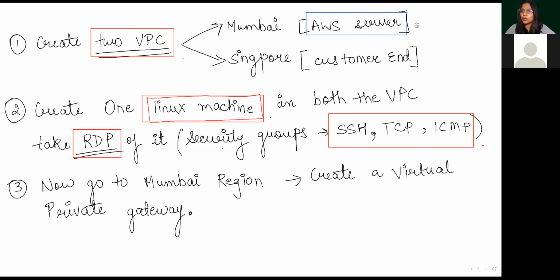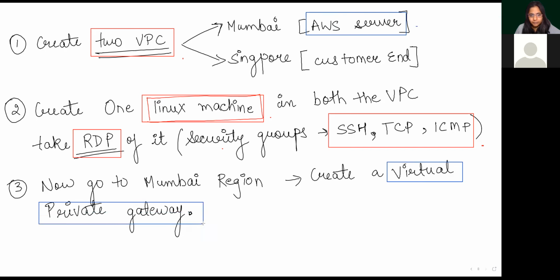Okay, how will the AWS server know that we are creating a VPN connection? So for that, first step is go to your AWS account that is in Mumbai region, and there you have to go and create your virtual private gateway. So once the virtual private gateway is created, then